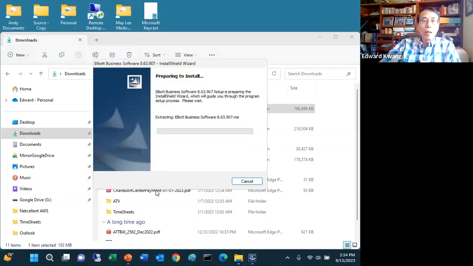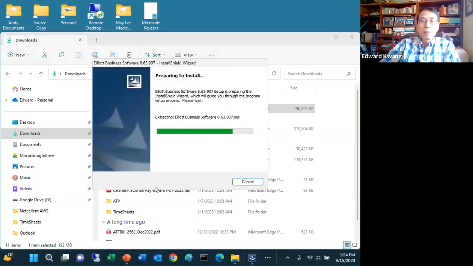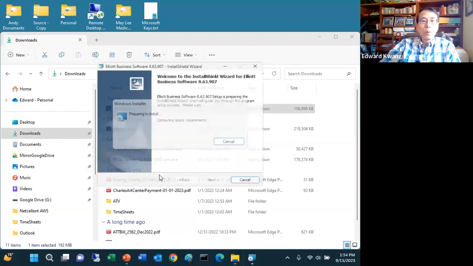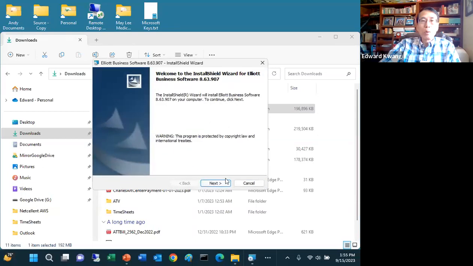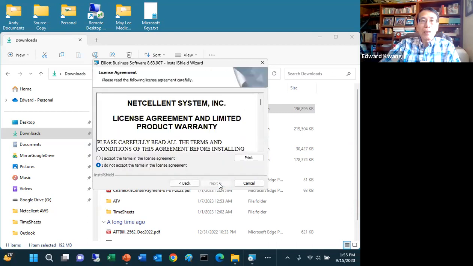It will ask me to give admin rights elevation. From that point on, it asks whether I want to install it, and to confirm the version number. I say next, and then I need to accept the license agreement.